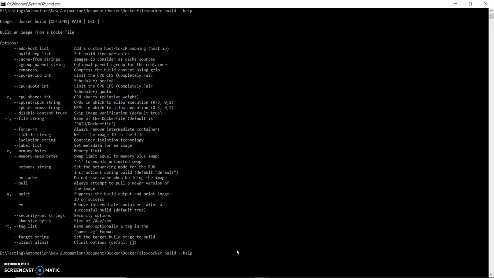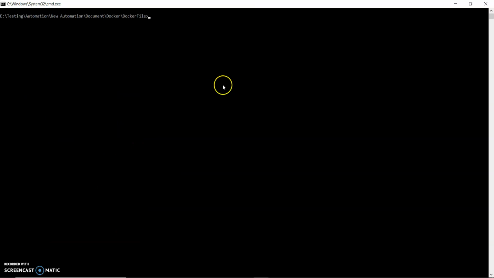Let me first clear this so you guys can easily understand. This is docker, this is build, and with -t I am giving my tag name. This is my tag name, and the dot is the current directory. I would copy files if I needed to, but in my case I do not need to copy any files or anything else. So this is the syntax for building an image from our Dockerfile.